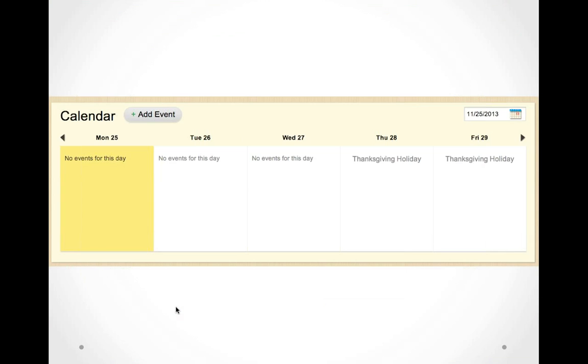Obviously, that's going to be done on an as-needed basis, and the system is designed to be very, very nimble. So if I see a blizzard's coming through and I know school's going to be closed, I can certainly close it for tomorrow, and it works just the same as I did it on the first day of school.